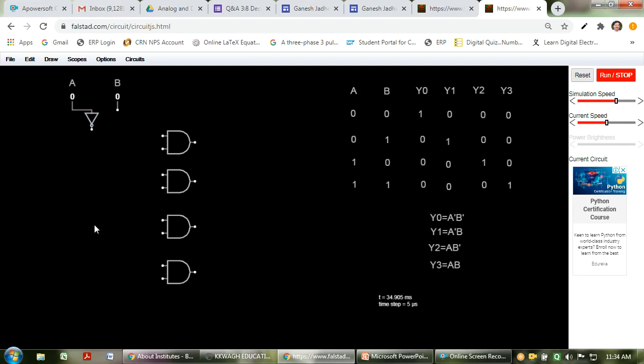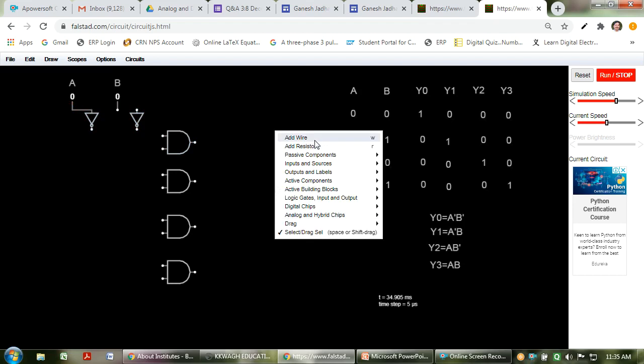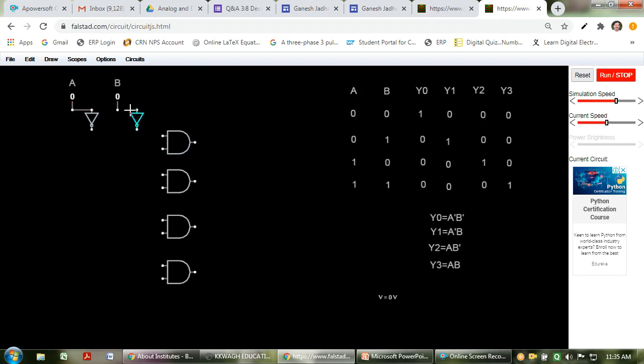So keep that in mind. This inverter gate, I will copy with Control C, and place the same NOT gate over here. Then again I will add a wire and connect it here.